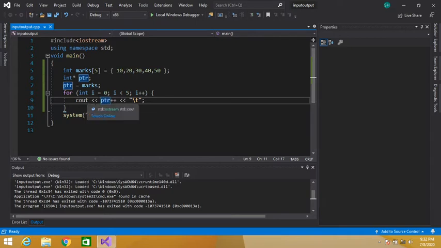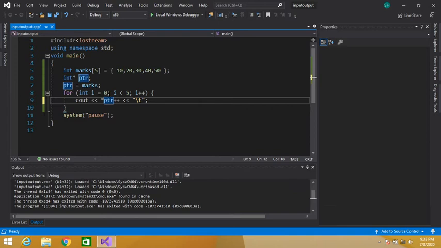If we display the elements of the array like this, then for each iteration of the loop our pointer will be moved to the next element. The first time our pointer is at the first element, for the second iteration of the loop this ptr will be pointing to the second element, and for the third iteration of the loop ptr will be pointing to 30.